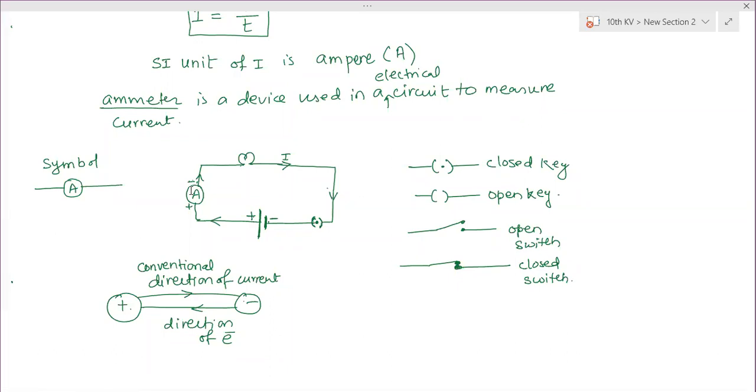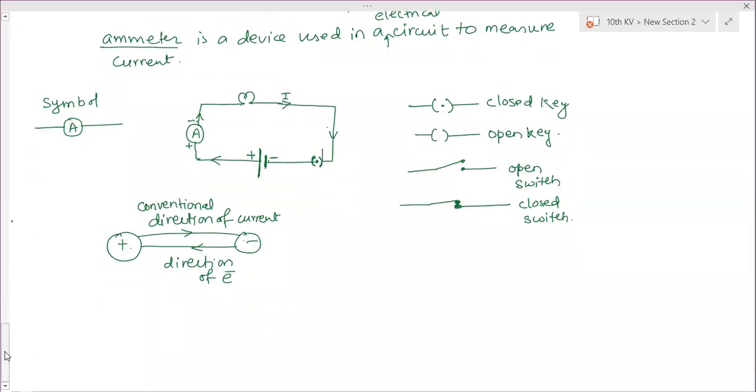If you create a different path in between, then that device is said to be in parallel. So when there are two different paths for the current to flow, then any devices present in those two paths are said to be in parallel. So there are two types of combinations present in the circuit. One is series. Series means this is a bulb, one bulb, the second bulb, and this is a third bulb, connected in one single path. This type of combination of devices we call series.